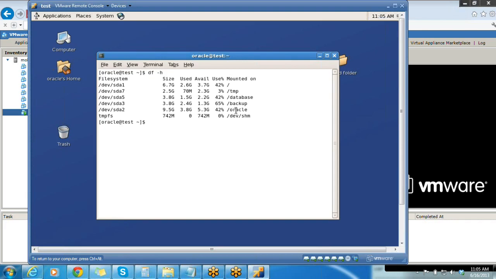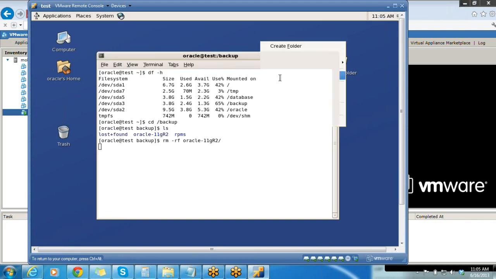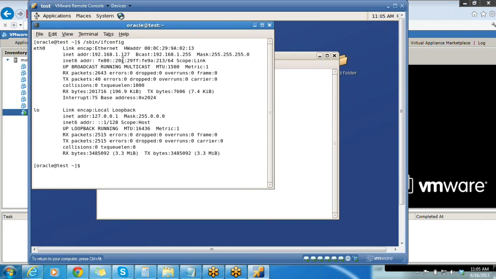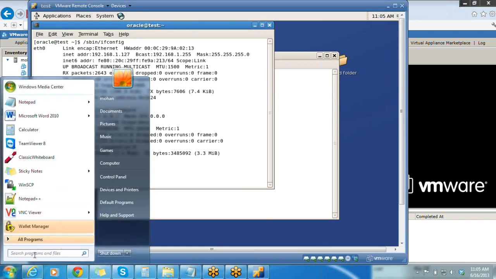Which one do I have to select, Linux x86 or Linux x86 64? x86 is 32-bit, so I have to go for this one, and I have to click on See all. When you click on See all,